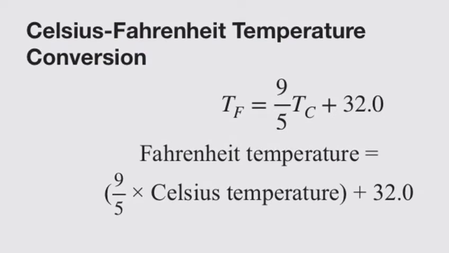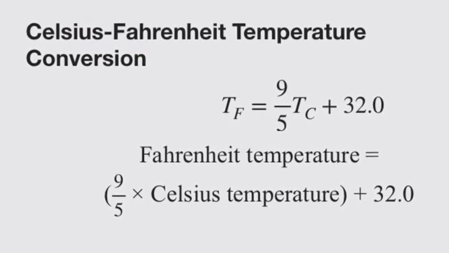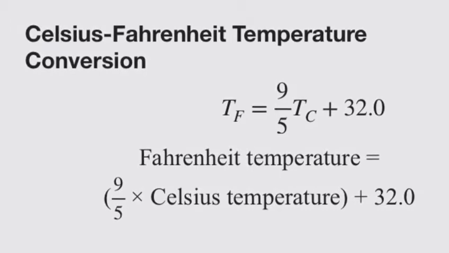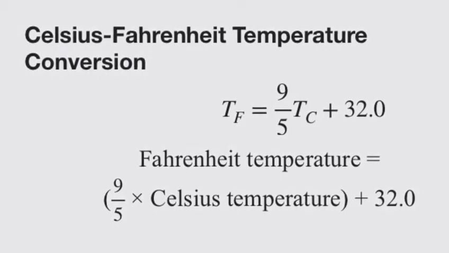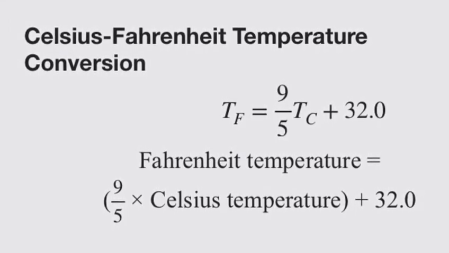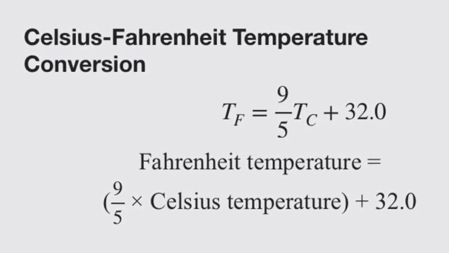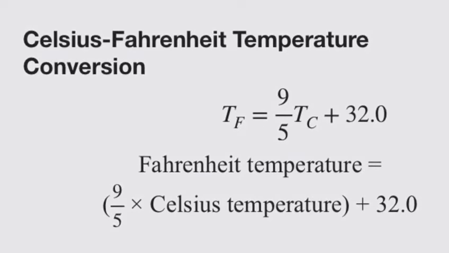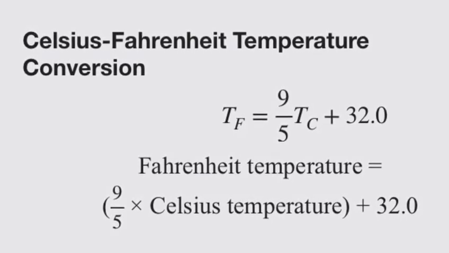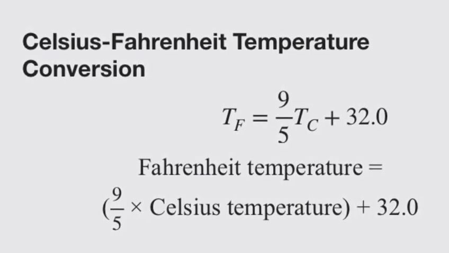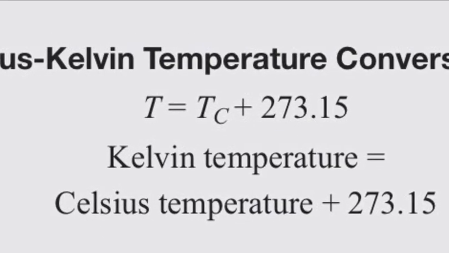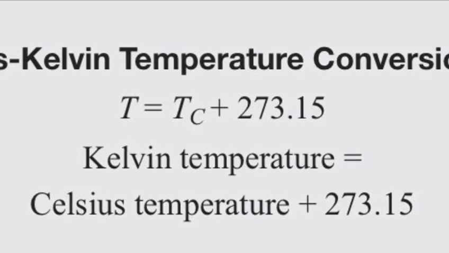Temperature units depend on the scale used. So if you want to convert Celsius to Fahrenheit, all you have to do is calculate 9/5 times the Celsius temperature plus 32. The values of both Celsius and Fahrenheit can be negative or positive, but since the kinetic energy of the atoms in a substance must be positive, the absolute temperature that is proportional to that energy should be positive also. And to convert Celsius to Kelvin, we take the Celsius temperature and add